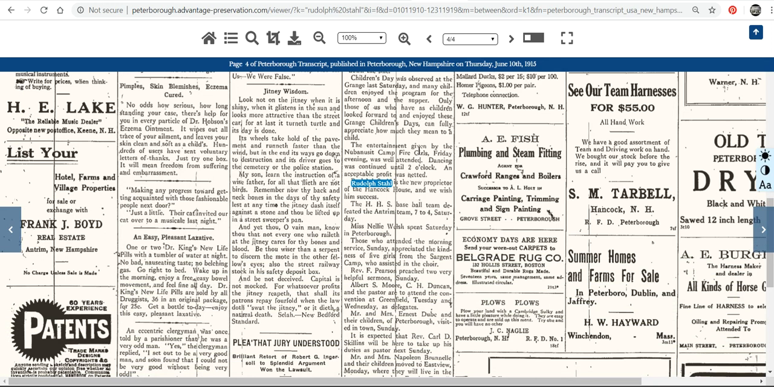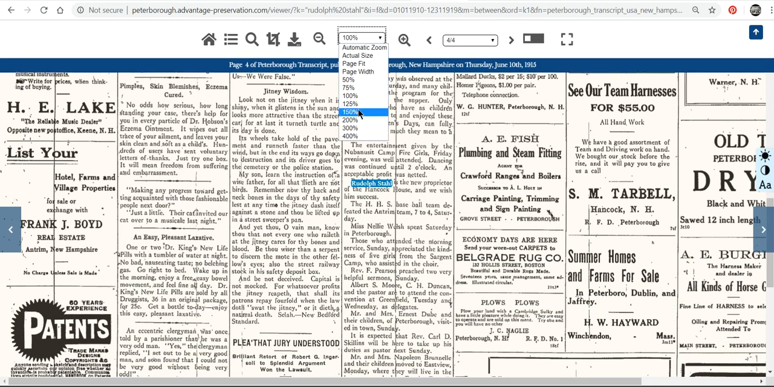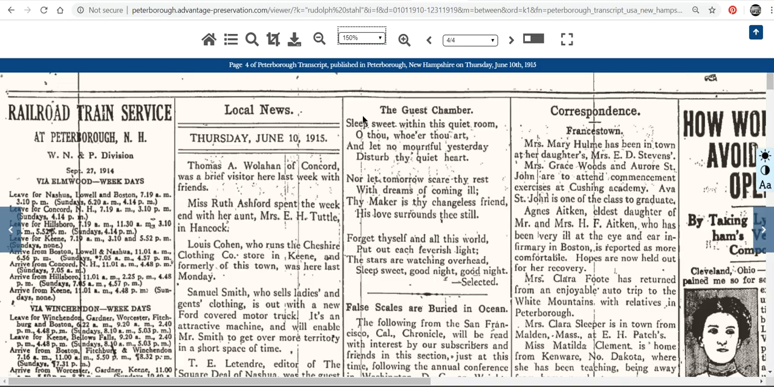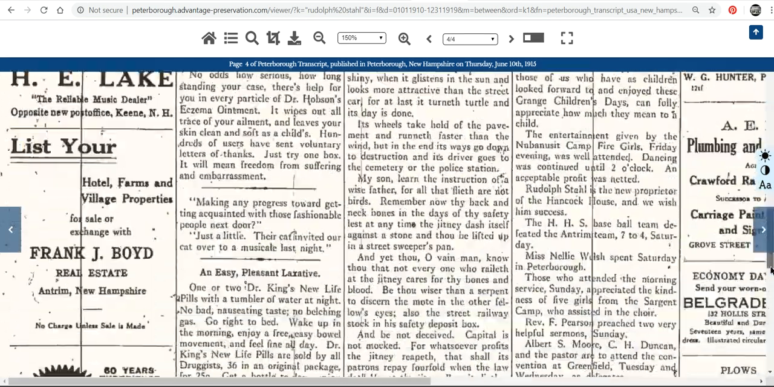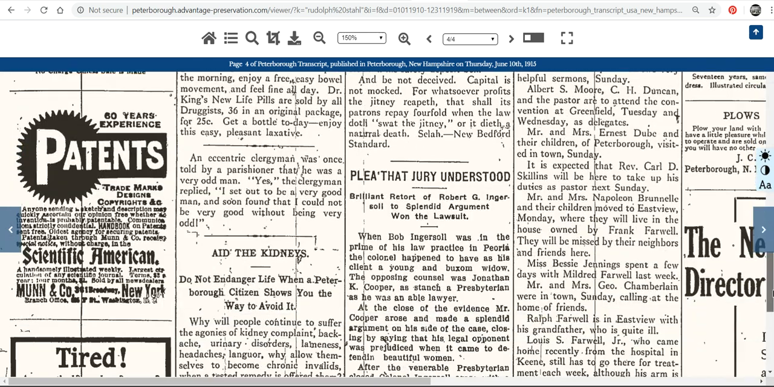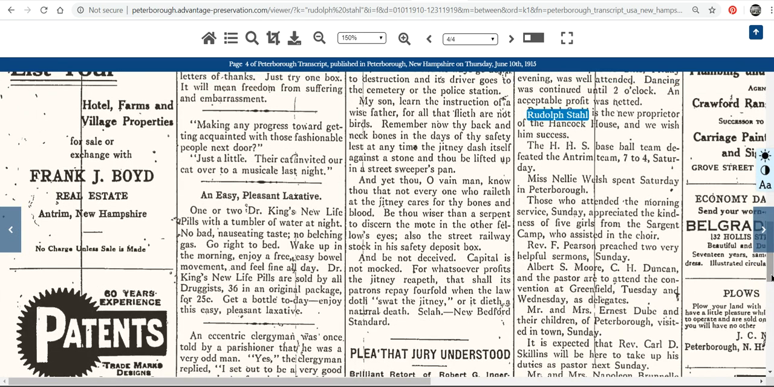Now it is kind of small to read, so what I'm going to do is actually zoom and make it bigger. And then I'll just go back and scroll down to relocate it. There it is. Rudolf Stahl is the new proprietor of the Hancock House, and we wish him success. So I have the answer to my question. Sometime in the beginning of June of 1915 is when he and his wife came to Hancock and purchased the